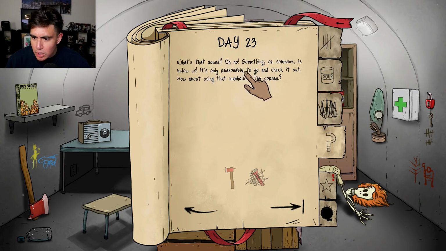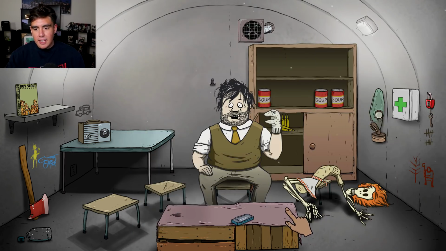What's that sound? Oh no, something or someone is below us. It's only reasonable to go and check it out. How about that manhole in the corner? Okay, so if we're gonna attack somebody for being sus, I think that counts as protecting ourselves. So hopefully Ted got some water out of it. Or maybe just sucked the...